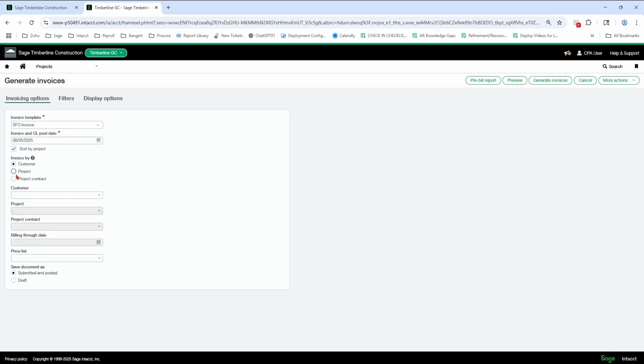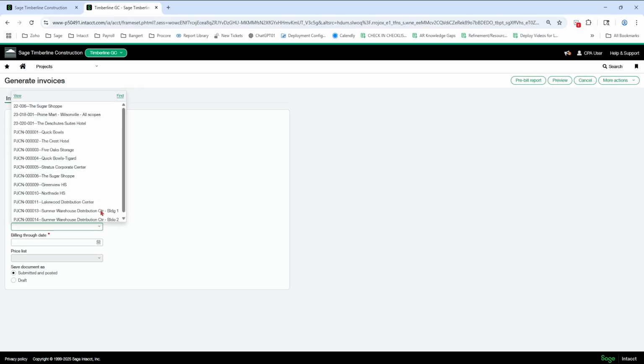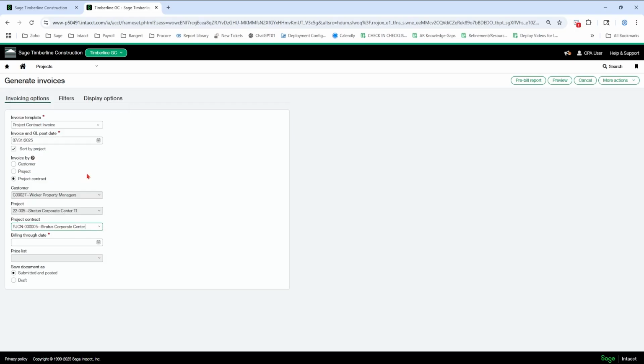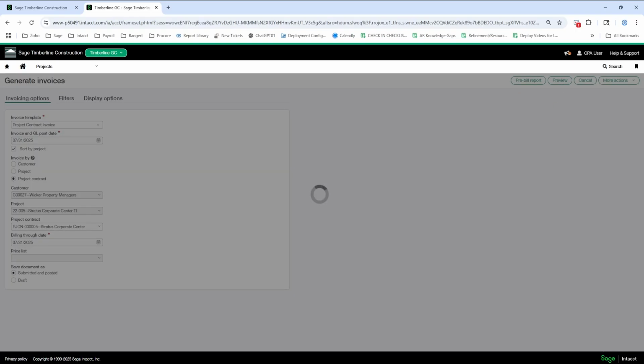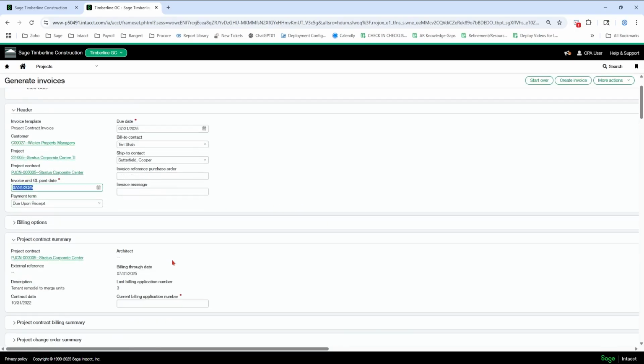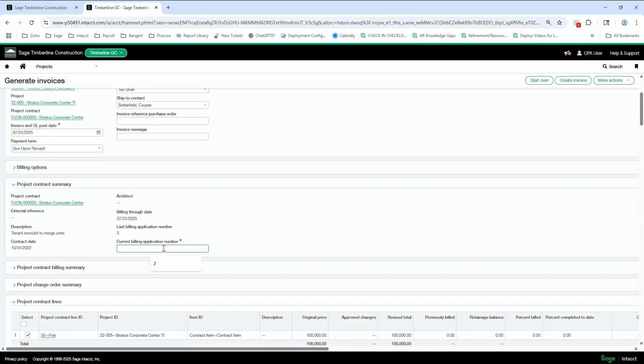So then in the screen, what it's going to look like is something like this. Let me get this generated. Project contract first. And I want it to come out on the AIA with the fee at the bottom, but I want the AIA to fill in all the costs for me. We're going to use the Stratus. We're going to come down here to number 4.